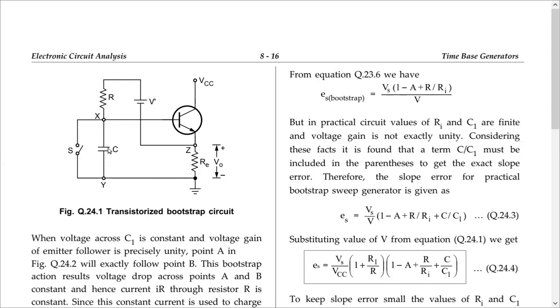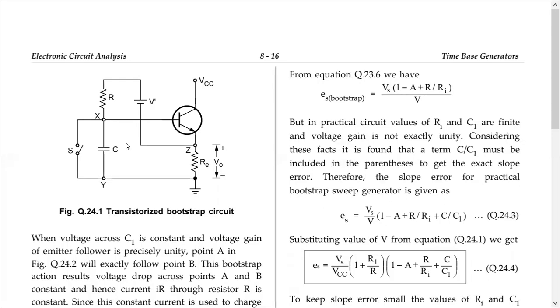In this manner, we are forcing constant current through the capacitor. What happens when you provide constant current? The capacitor charges linearly, and whatever voltage we have here, the same voltage we have here. So gradually the capacitor charges and we get an increasing waveform. Then when we close the switch, the capacitor immediately discharges. Then when we open it again, it is ready to charge again. In this manner, we can generate a linear voltage versus time graph, which is nothing but the time-base signal.